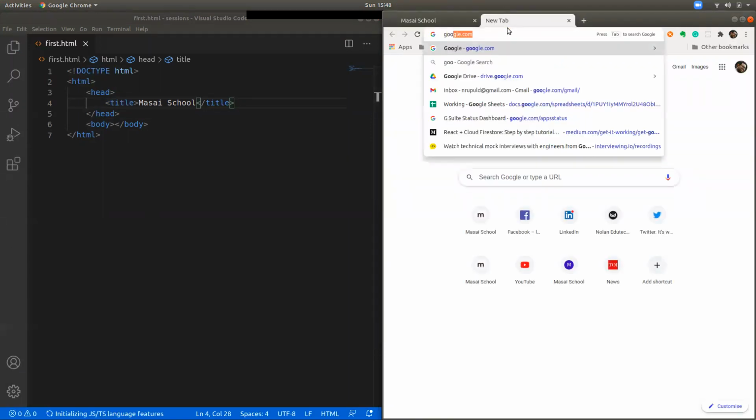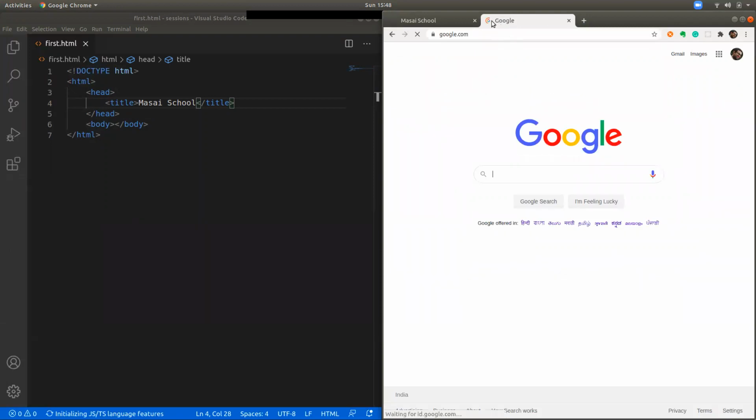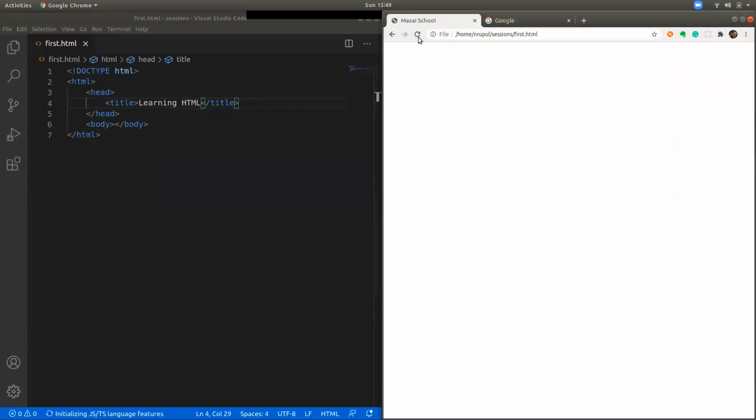Let's say you open Google, you can see the Google name is there. In the same way, whatever you put in the title. So let's say I'm putting learning HTML. Now, as soon as I reload this page, it shows learning HTML.